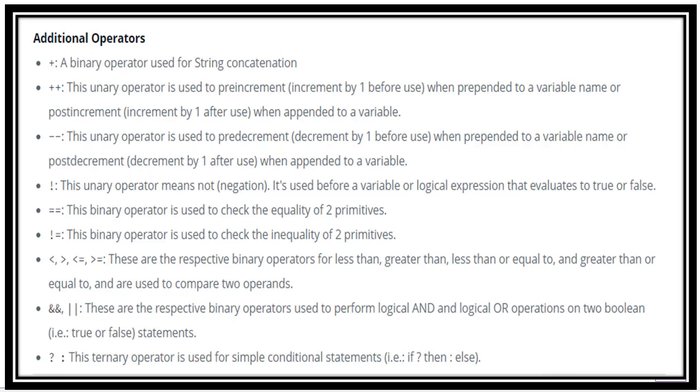The parallel lines that you see are basically known as the OR operator. You will find it on the keyboard, just above the Enter key or beside it. These are the respective binary operators used to perform logical AND and logical OR operations on two booleans. In the next slide we will discuss the truth table and how it works.